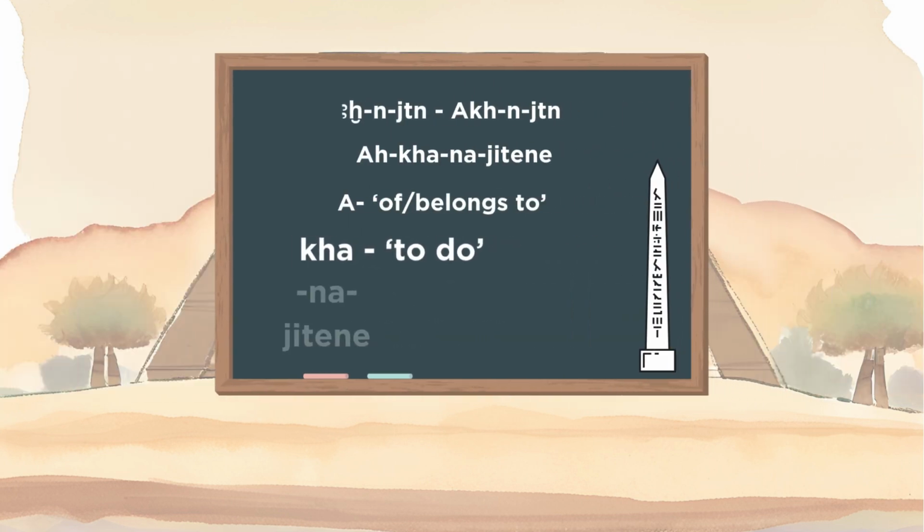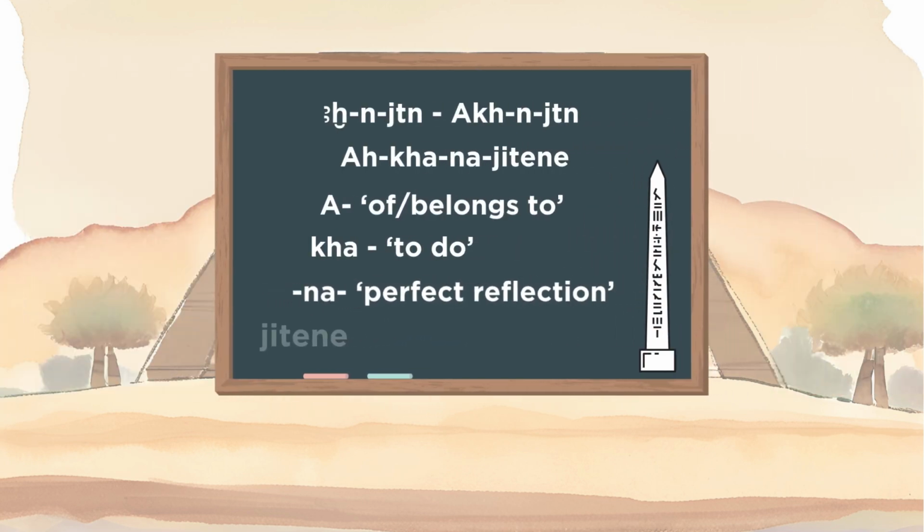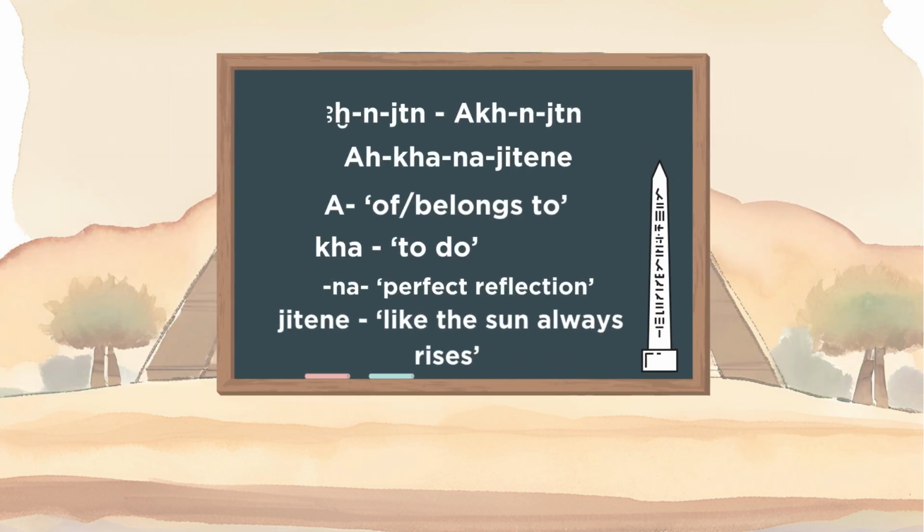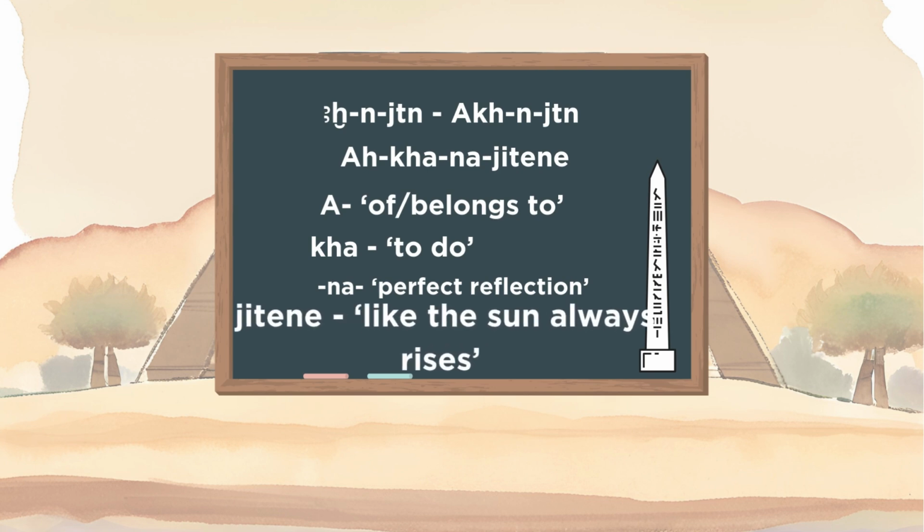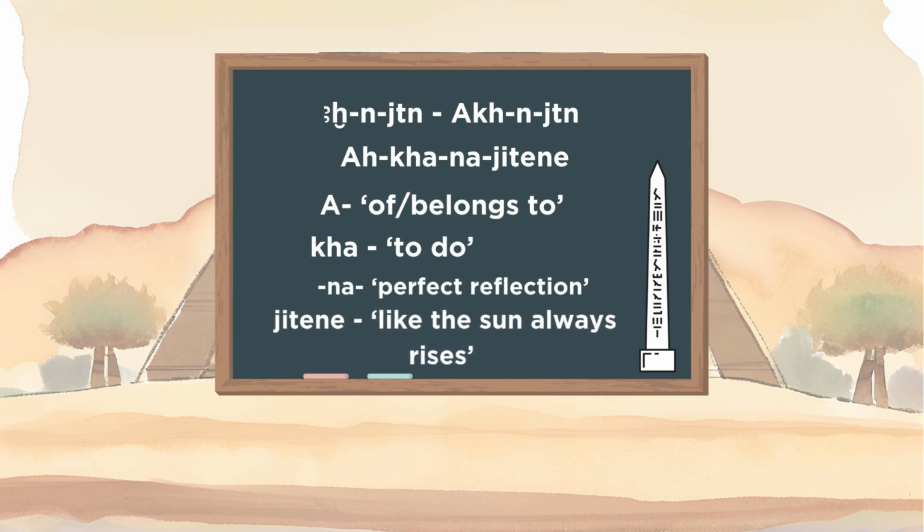Ga, or k, is pronounced k with a GHA sound. This is a verb prefix denoting to do. Na is pronounced with the NAH sound. Na is a synonym for perfect reflection of whatever follows, in this case, jitene, which can be understood and oversimplified to mean something that is expected beyond doubt or with absolute certainty,